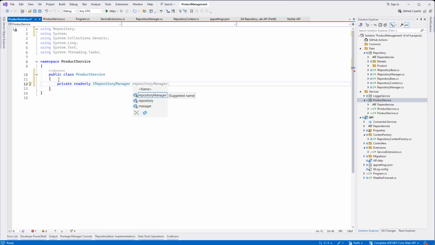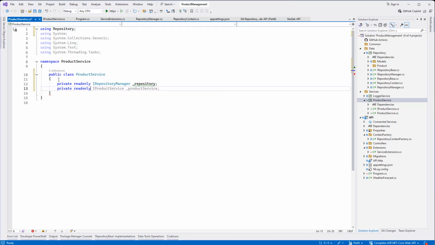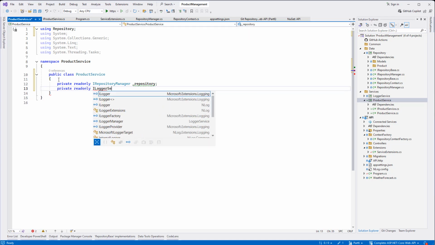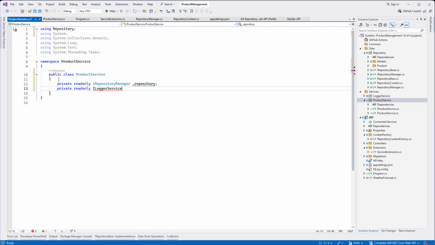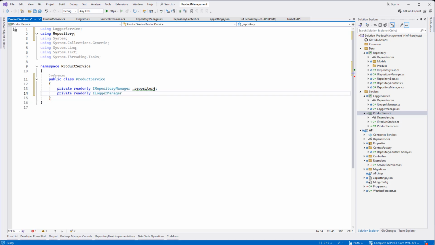Okay, that is gonna be our repository, and then we need the logger service, right? Private readonly ILoggerService. I think that is also a manager, right? Yeah, ILoggerManager. Okay, we can give the private variable name underscore logger,